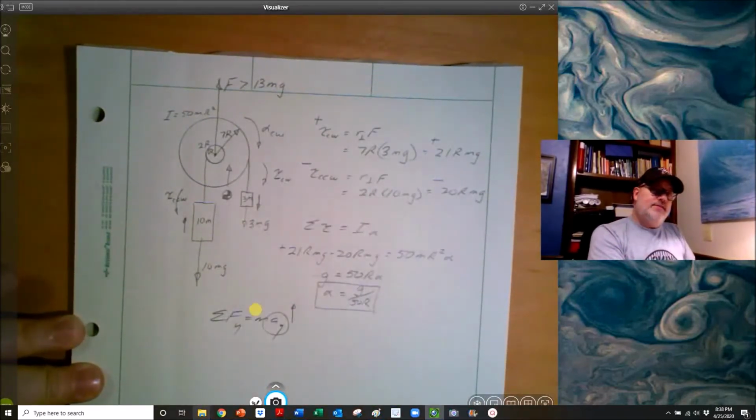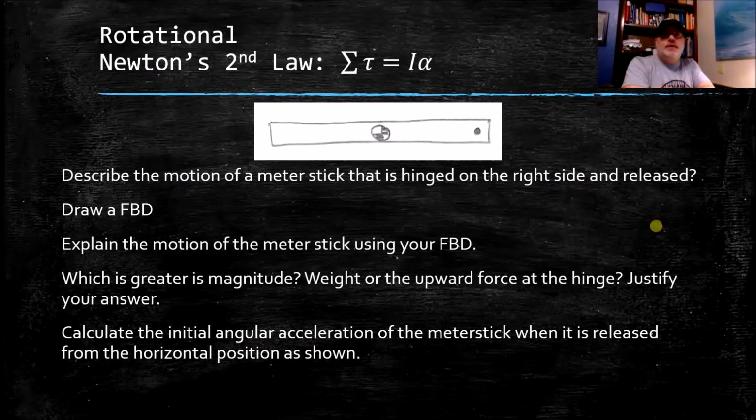system will ascend. Describe the motion of a meter stick that is hinged at the right side and released. Well, that's really easy, right? If we hold it here and release it from the other side, it's going to rotate this way. All right, now draw a free body diagram. Explain the motion of the meter stick using your free body diagram. Which is greater in magnitude, the weight or the upward force at the hinge? Justify your answer, and then calculate the initial angular acceleration of the meter stick when it's released from the horizontal